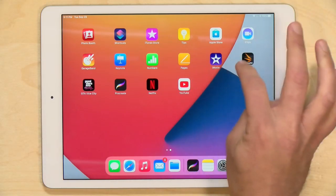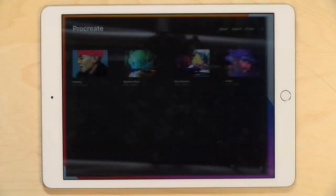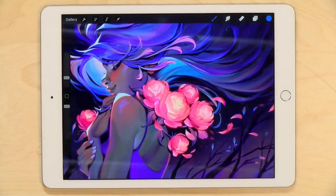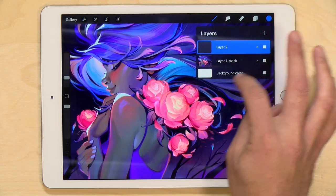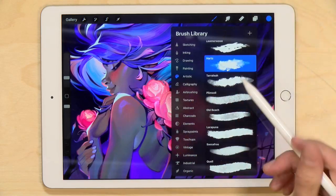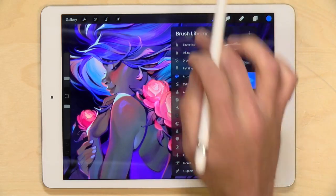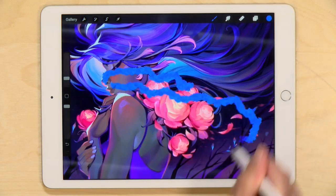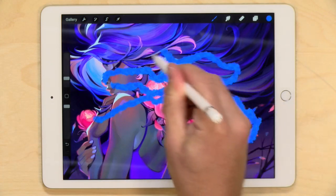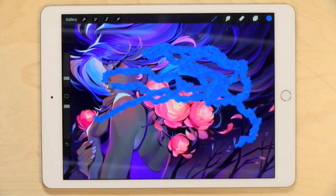Now, as you saw, I am not an artist, but this does run most of the apps that you might be looking to run if you are drawing and doing other types of artwork on your iPad. This is Procreate, which is a pretty advanced drawing application. You can do a lot of multi-layered things with it. You've got a ton of brush options on here as well. My daughter's been doing a lot with Procreate, and she does some really cool artwork here. And I found it works pretty nicely. It's not as zippy, perhaps, as my iPad Pro might be, but I found for doing this kind of stuff, it really does have the same...